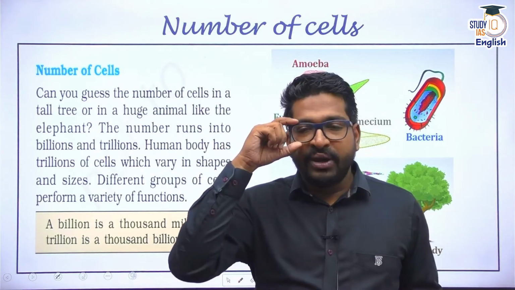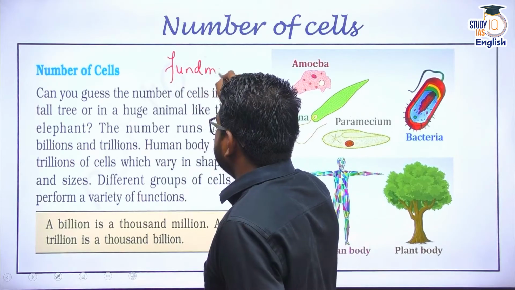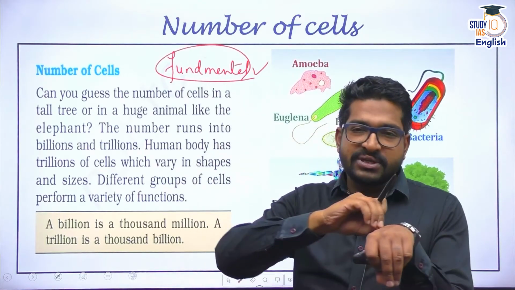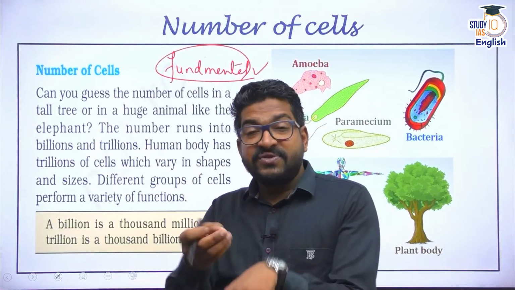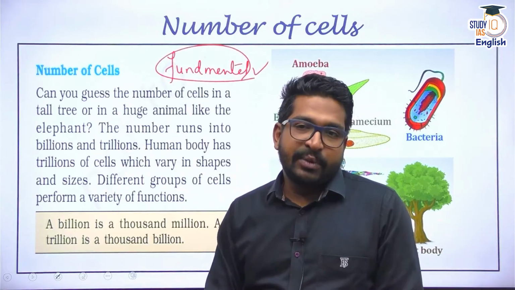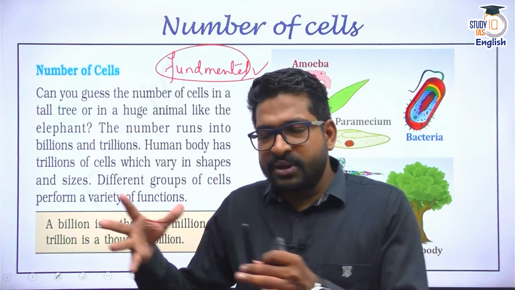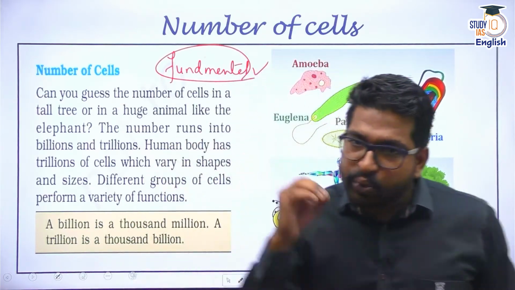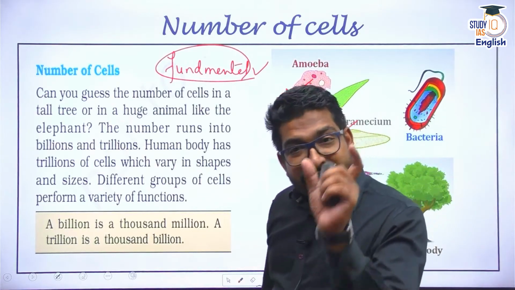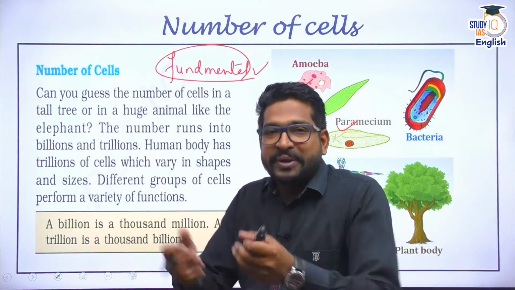But as I told you, a cell is a structural, or fundamental, unit of any living being. In my body, if I take some skin cells, if I get hurt, some skin cells are destroyed, but after a few days, new skin will emerge. For me, destruction of one or two cells does not matter too much. But for a unicellular organism like amoeba, euglena, paramecium, or a bacteria, that single cell defines life. And if that single cell is destroyed, then the entire life is over.